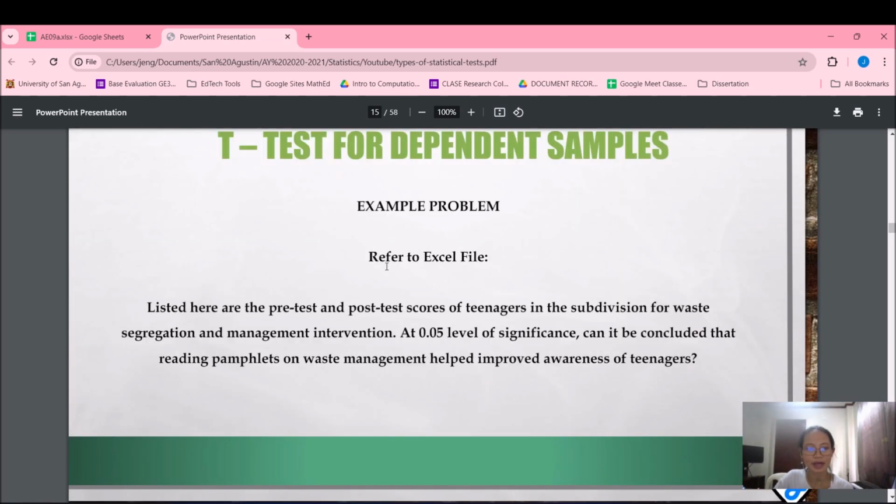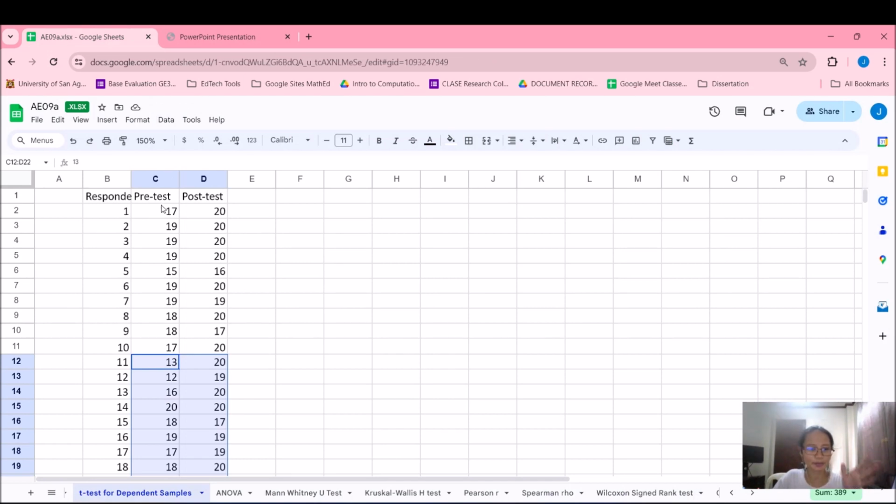So for an example problem, listed here are the pre-test and post-test scores of teenagers in the subdivision for waste segregation and management intervention. At 0.05 level of significance, can it be concluded that reading pamphlets on waste management helps improve the awareness of teenagers? Okay, so this is now our pre-test and post-test scores, with the pre-test before reading the pamphlet and the post-test